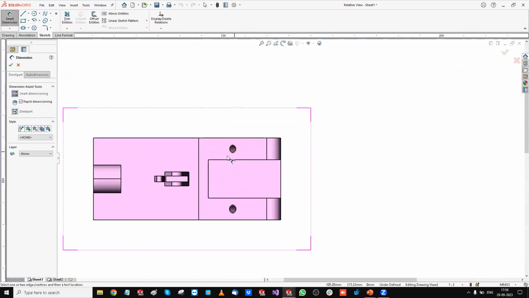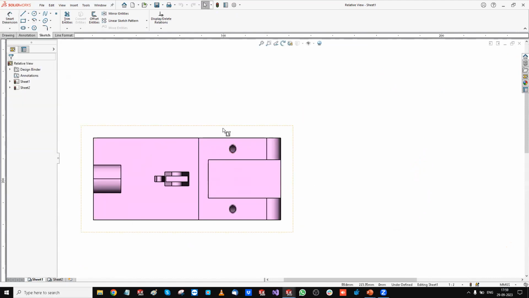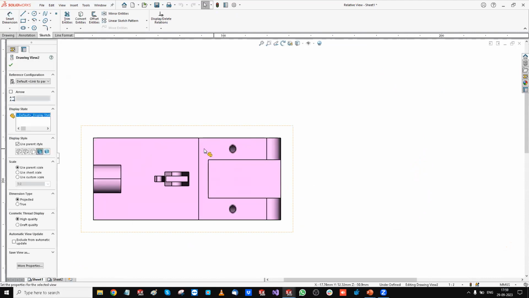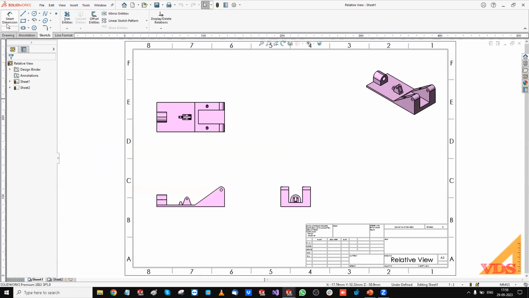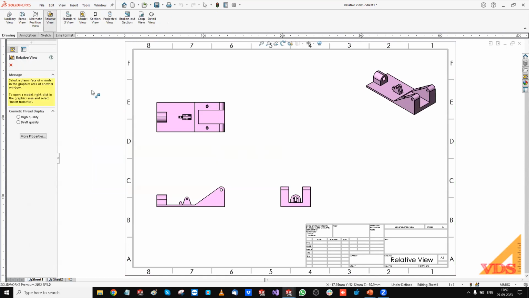I'm not sure if this is going to work. This is not working because this is an inclined surface and SOLIDWORKS is not able to find the required center for it. So relative view is very helpful in this case. I'll go to the drawing toolbar. I'll click on